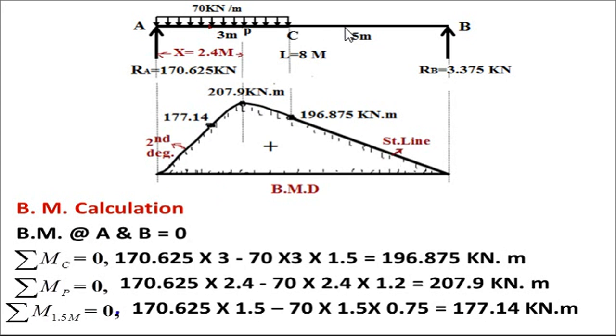Now here there is no load between C to B, so it should join by straight line. Whenever there is a UDL, it should be second degree curve, means everywhere there should be curve under UDL. Under UDL there should be curve, and there is no load, means it must be straight line. So here you have to write down straight line or first degree line. Here you have to write down parabola or second degree line, and close all these diagram. This will be the bending moment diagram.